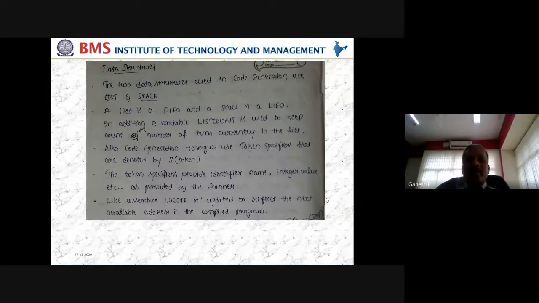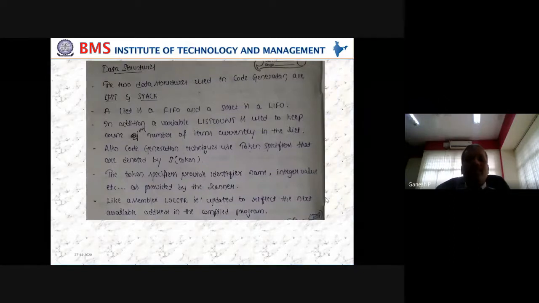For any system software that we have seen so far, we touched upon the data structures that are required, and more so we have also seen the pseudocode and algorithm. But here, we are not going to generate a compiler for any specific higher level programming language; we are understanding the other side of it, that means how this is accomplished. So probably we'll touch upon the general data structures that are used in the code generation process.